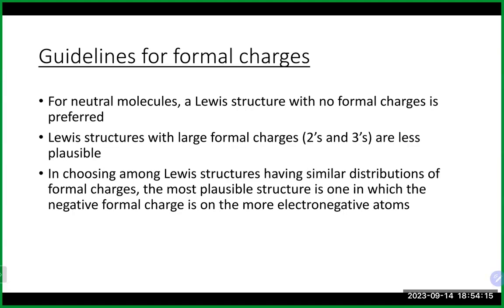So again, if you have two structures where you have +1 and -1, but the -1 is on the least electronegative atom in one, and the -1 is on the more electronegative atom in the other, then the one where it's on the more electronegative atom would probably be the best structure. And we'll look at some examples next time of using formal